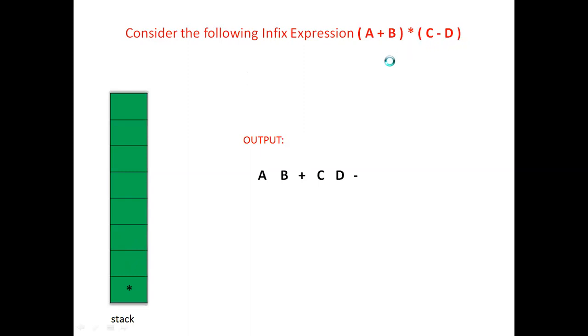But here our stack is not empty. One operator is existing in the stack. We have reached the end of the string here; there is no next scan symbol in our expression. Then pop the stack and print on output. So here only one element is there, one operator, that is multiplication. The multiplication operator you can print simply from the stack on output. So pop from the stack and print on output.